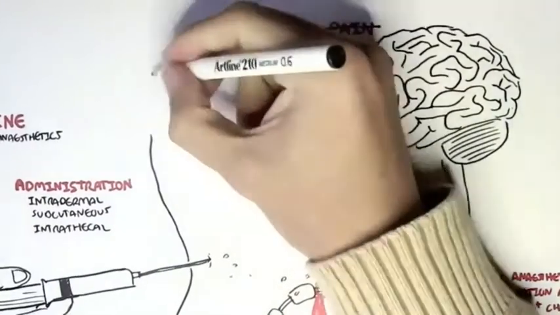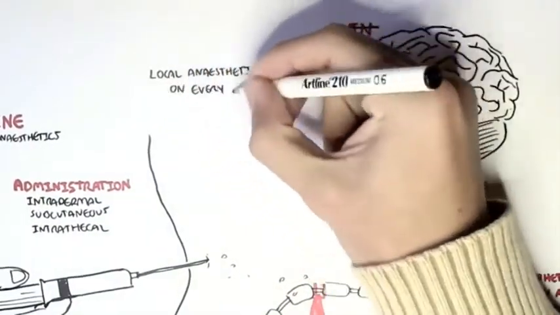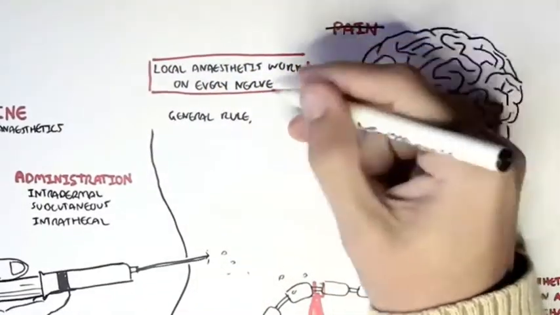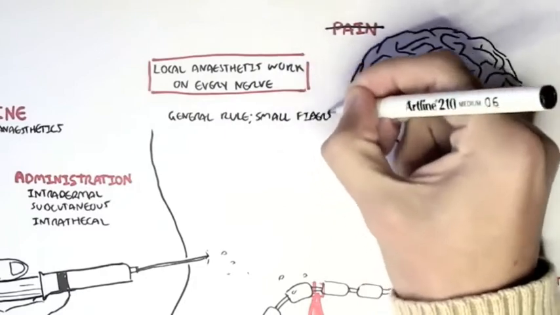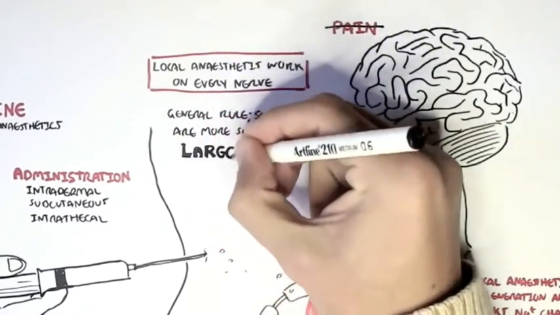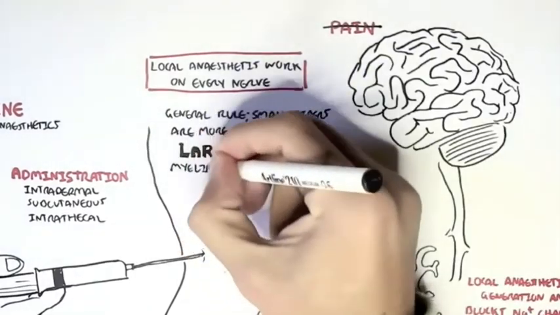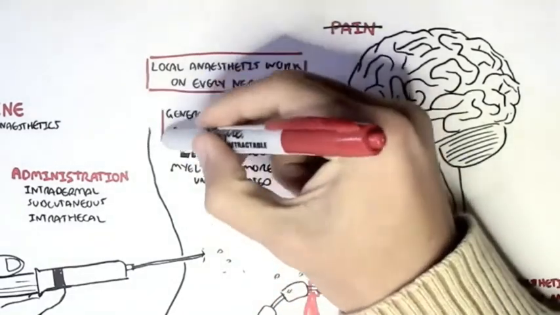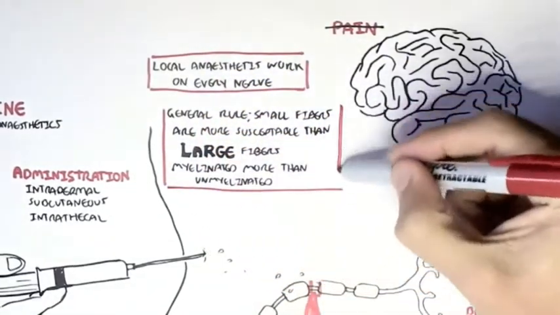However, local anesthetics actually work on every type of nerve, not only these afferent nerve fibers, the pain fibers. But as a general rule, they work more on smaller fibers because small fibers are more susceptible than large fibers. And local anesthetics also work particularly on myelinated more than unmyelinated nerve fibers. So if we draw this up